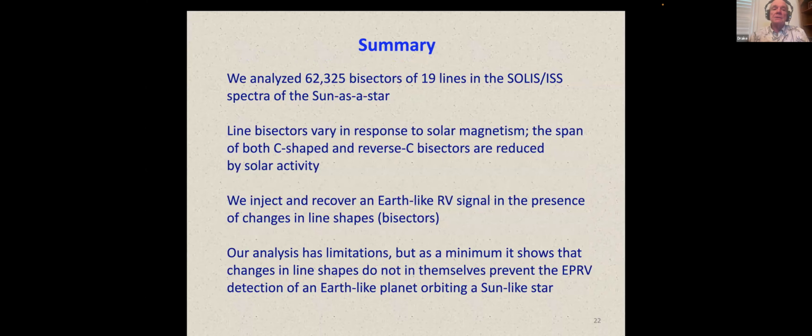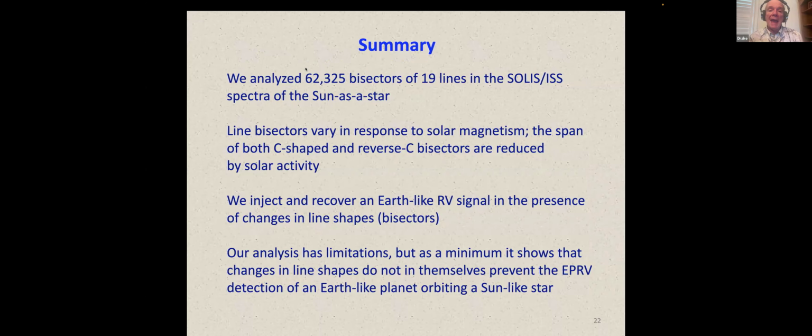So to summarize, we analyzed tens of thousands of bisectors of 19 lines in the SOLIS ISS spectra. And those lines vary in response to solar magnetism. Both the C-shaped and the reverse C bisectors are reduced by solar activity. I didn't quote the statistical numbers,